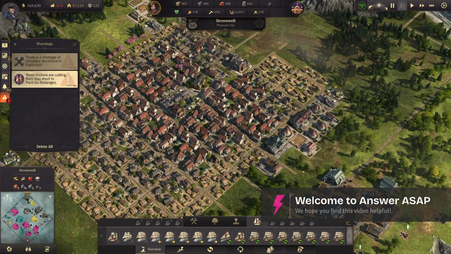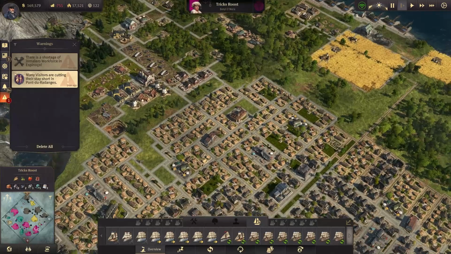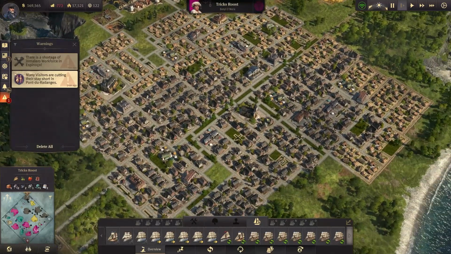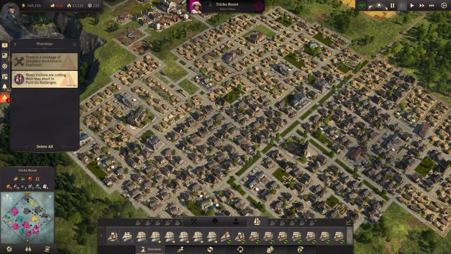In today's video I'm going to show you how you can buy shares in Anno 1800. So when it comes to buying shares, I'm currently playing against 3 of the AI just here, and we can see they've actually built up some quite substantial cities. But when it comes to buying shares, if you want to buy shares in their islands, all you have to